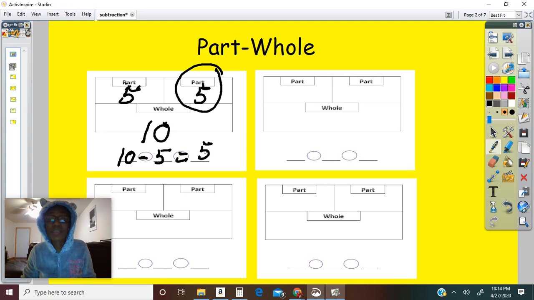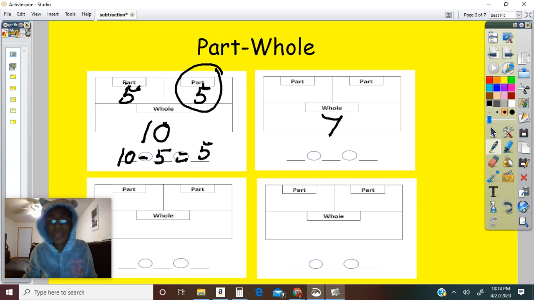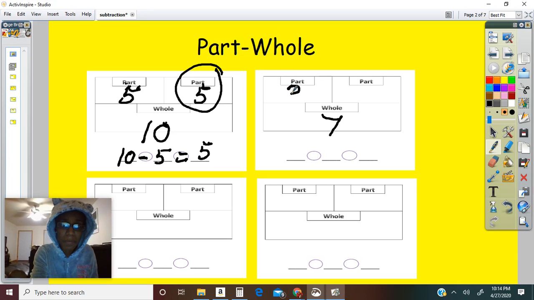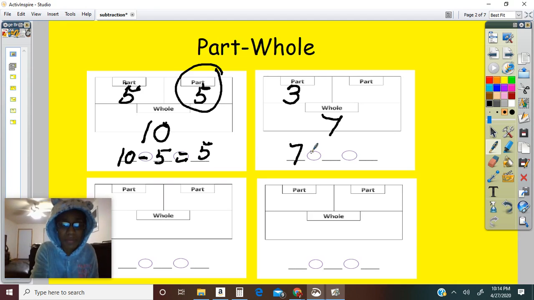Let's give it another shot with a different problem. This time, let's start with the whole of 7 and a part of 3. When we write our subtraction problem or our number sentence, it'll look like this. Remember, always start with your biggest number or the whole. 7 minus our next part, which is 3, equals,